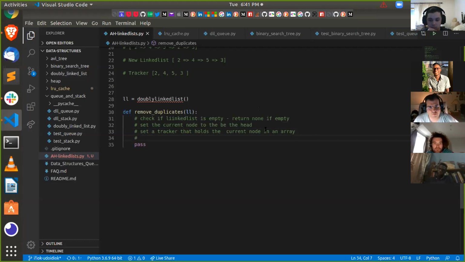All right. So after we set our tracker, the next thing we're going to do now is to actually write our loop. So write a while loop for while our current element dot next is not none. So basically, as long as we're not on the last element, we want to keep on moving, right? So while the next element is not none,